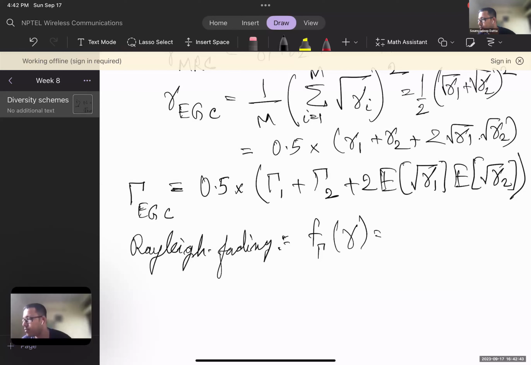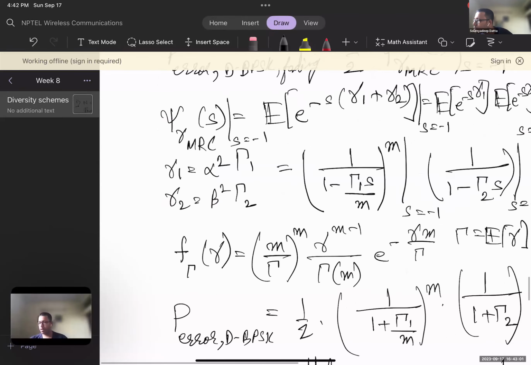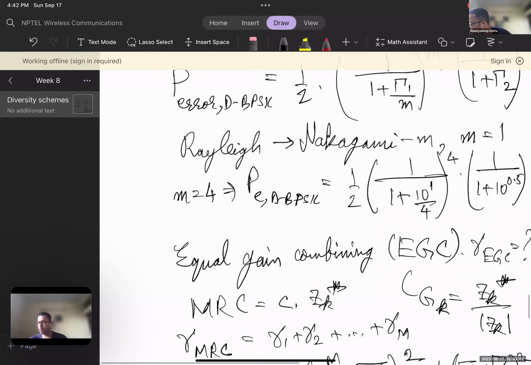This is the PDF. 1 by capital gamma e to the power minus. This is a PDF. Actually, no, this formula was wrong. So exponential PDF essentially. For Rayleigh fading, the gain PDF is exponential. So if you just put this value, so if you just take